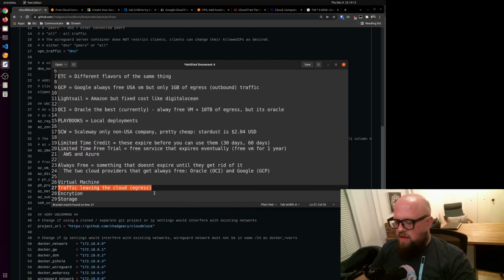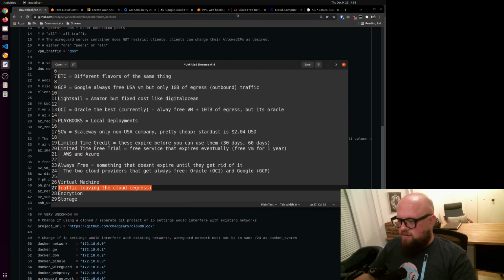So Cloudblock and Cloudoffice especially, if you put anything in the cloud, Cloudoffice is basically Google Drive that you host yourself in the cloud. You can put things in it and store things in it for free. You can upload to the cloud. They don't charge you anything. It's when you start downloading the stuff that you save there that they begin to charge you for. You can put your stuff in for free, but as soon as you start trying to download it or share it with others and they can download it, that's egress, that's leaving their cloud. And they have a cost associated with it, so they're passing that cost on to you. It's just nature of the beast.